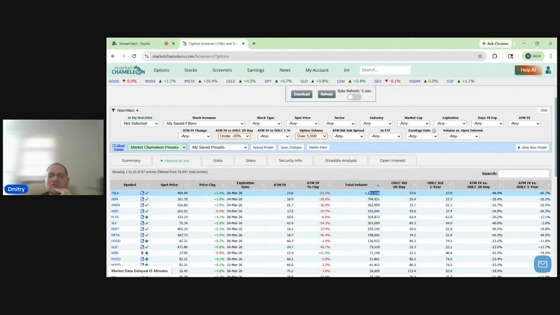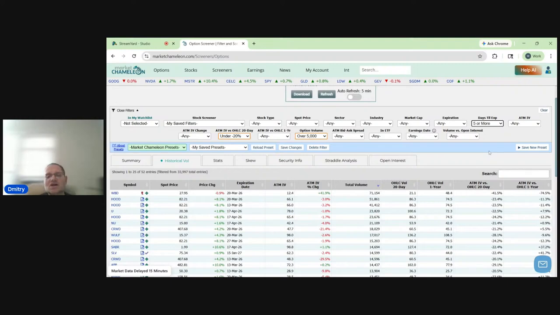Okay, so here in Tesla, let's do here, days to expiration has to be at least 2. Let's do 5 days or more. Okay, so we're going to take out these expirations that expire the next day or two. So at least 5 days or more to expiration. Okay. So here, we have